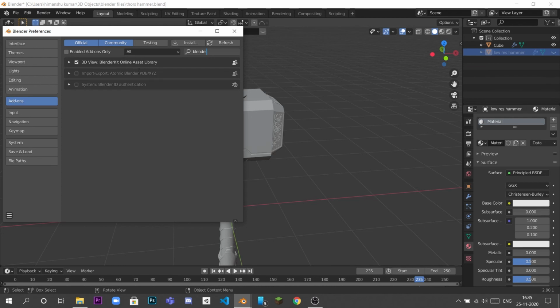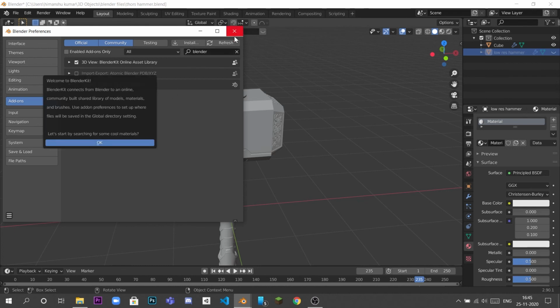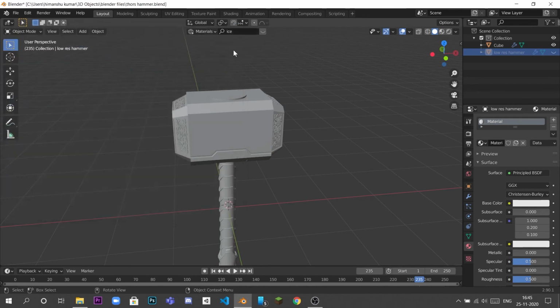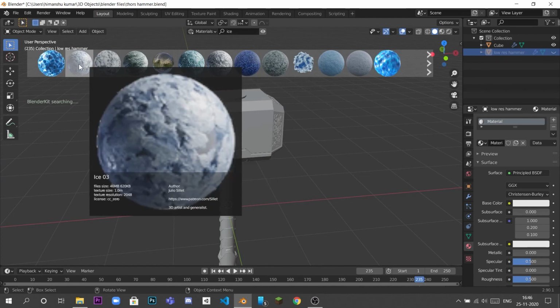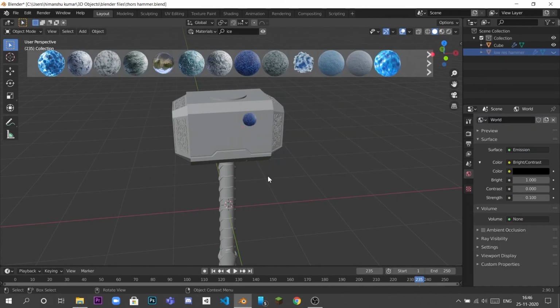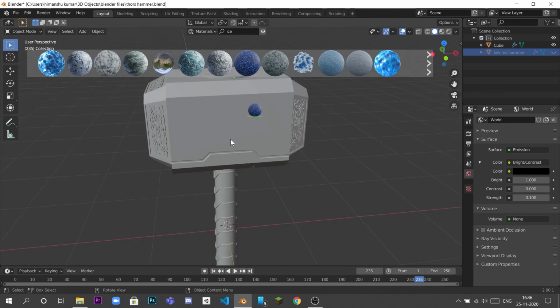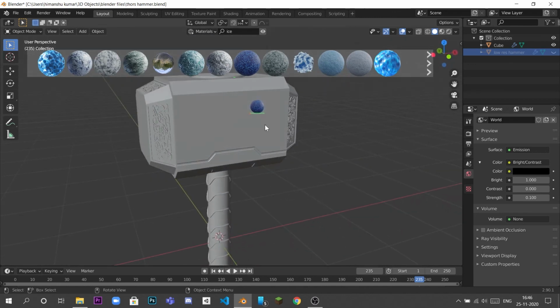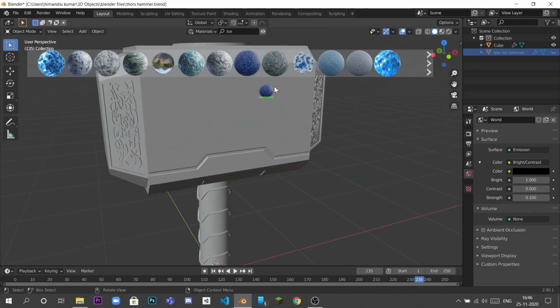We just have to tick it and the add-on will be enabled. I have already enabled it, and we get a search bar here, and we can get a whole variety of materials and directly put any material we want on our model. It will take time to download, and it will be directly applied on the model.